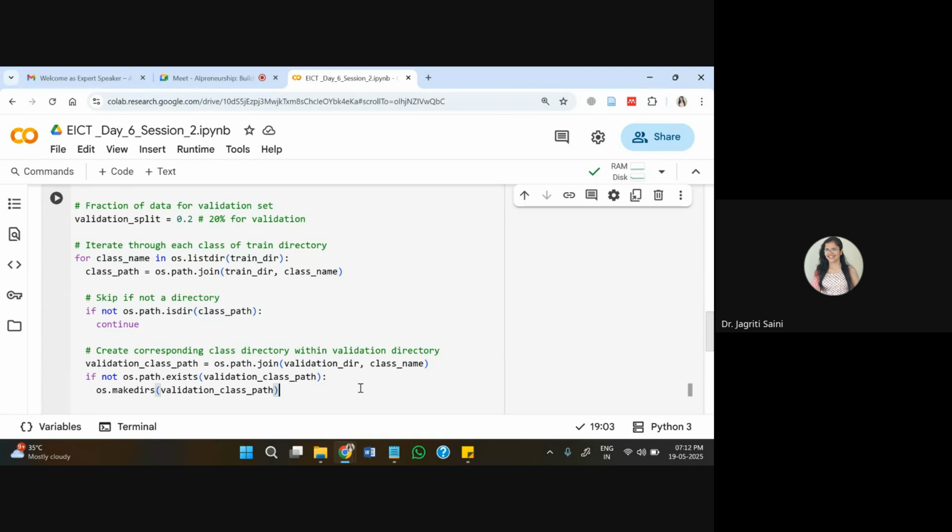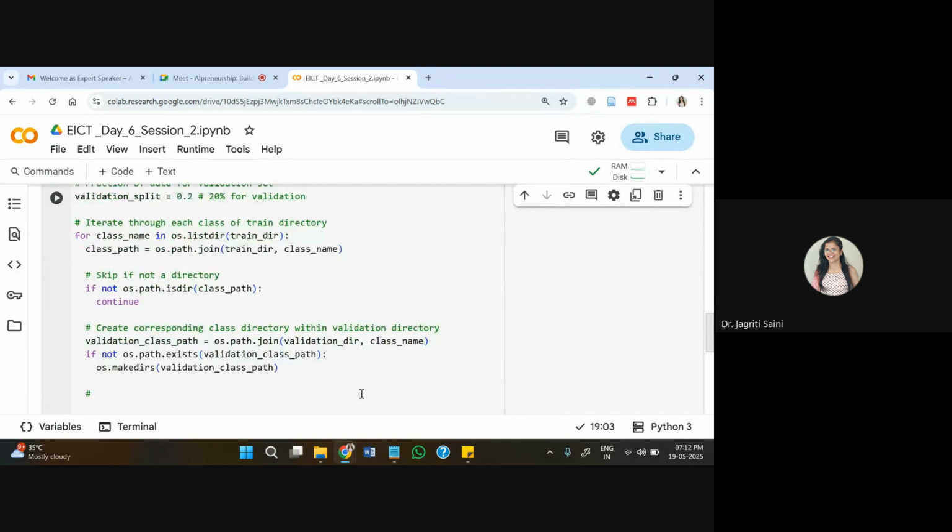Means the main directory is already created, but now two more folders we are trying to create for the class path, and that class path will be designed based on the two folders that we need from the main data itself. So based on that only we are creating those folders here.